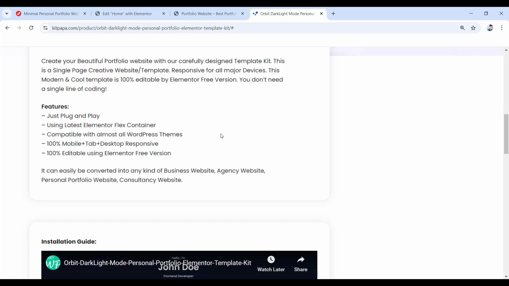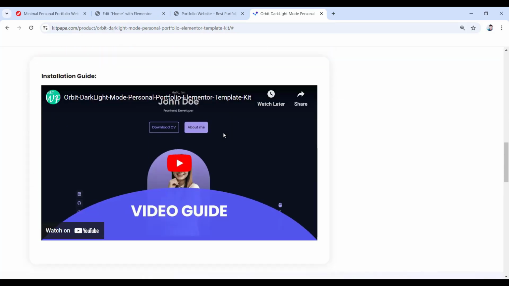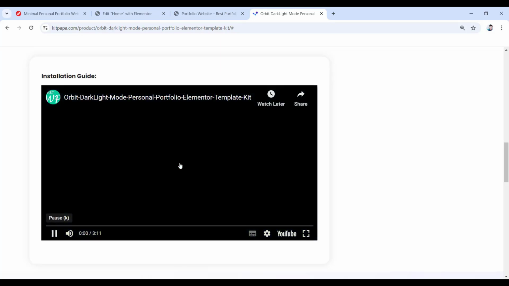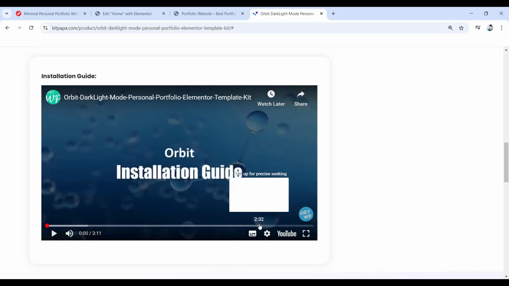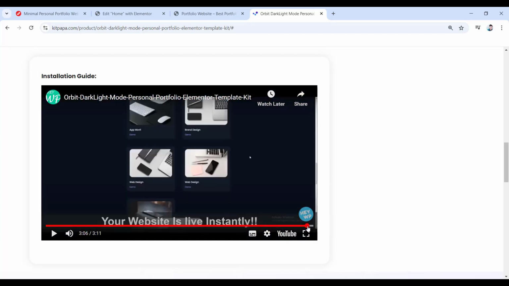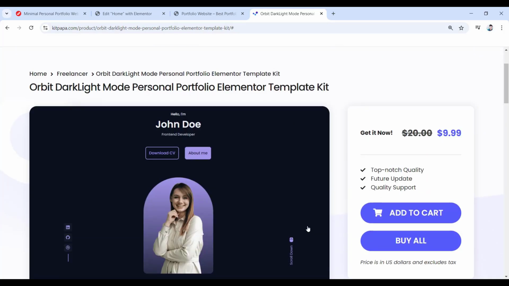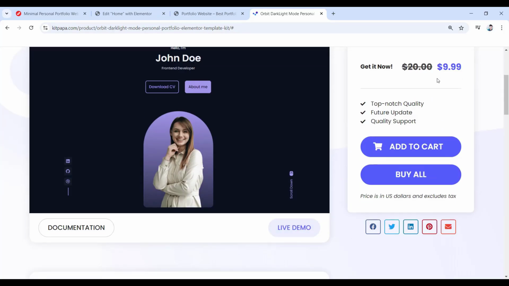And another interesting thing is that with each of the template kits, you'll find a video installation guide. So instead of watching this hours-long tutorial, if you want to make your or your client's website really fast, then you can just follow this 3-minute video guide if you purchase this template kit. So simply just click here and play the video. And here, as you guys can see, that it's only 3 minutes long. So just by following this simple 3-minute guide, you can install and activate and make your website or your client's website really fast. And then if you scroll up, you can see that the template kit's price is only $9.99,